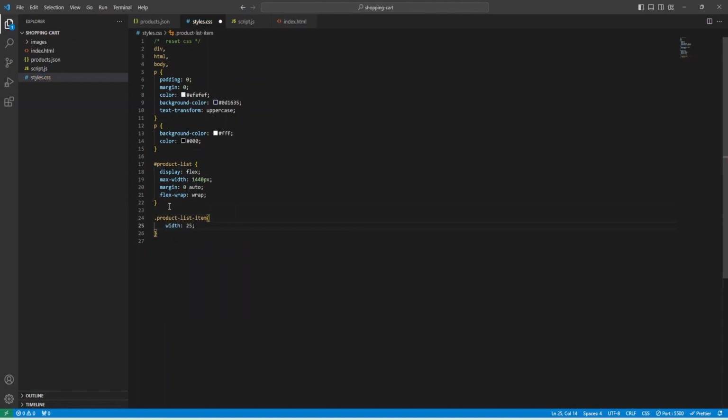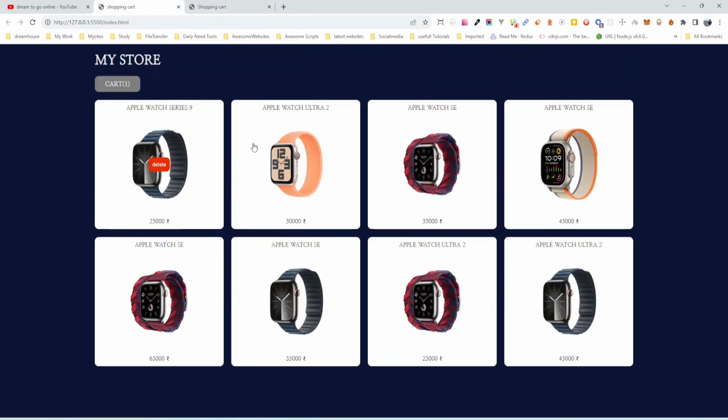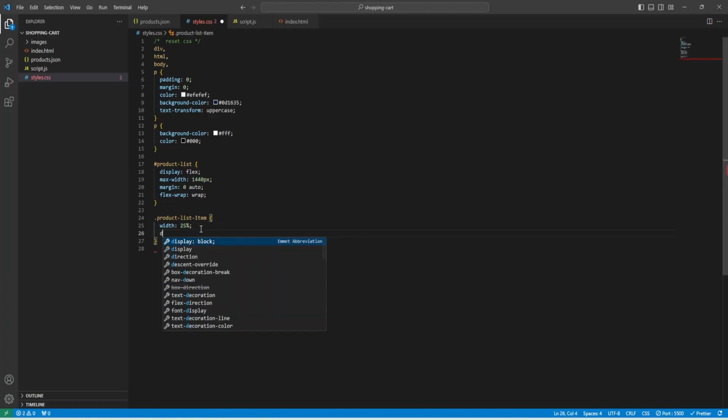So in this case, I want to specify 25% as the width of each item. You see, now it makes sense, and it's a little similar to what we have here. Okay, so here also I wanted to use the display property as flex. So display flex, and the flex direction in this case should be column, because